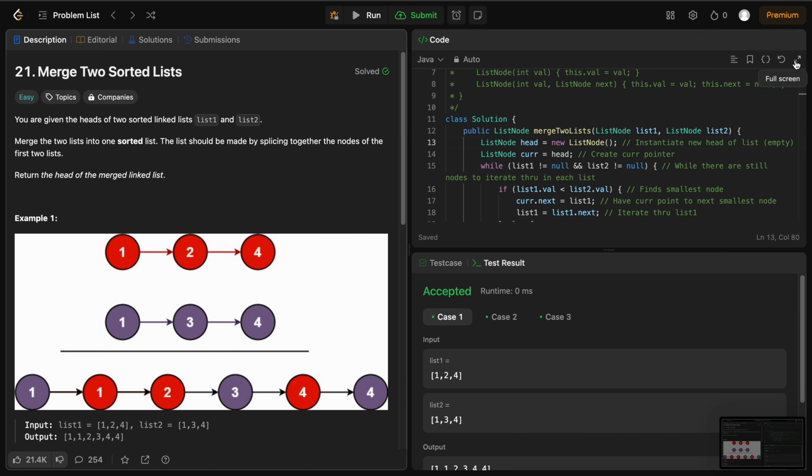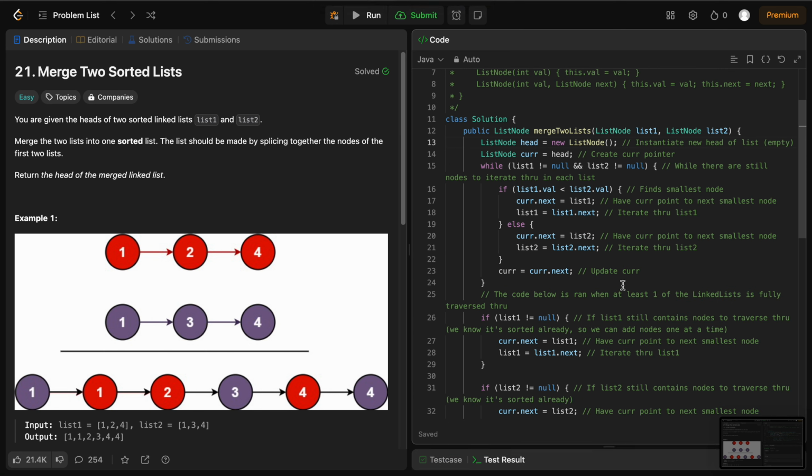Now, to get into the code of how I implemented this, we can see that I used a while loop with a series of if and else statements. The first thing I did was instantiate a new head of the linked list with an empty node and created a cur pointer that points to the head of that new linked list, which is empty so far. Now, utilizing a while loop,